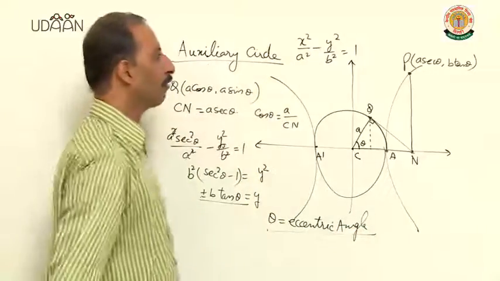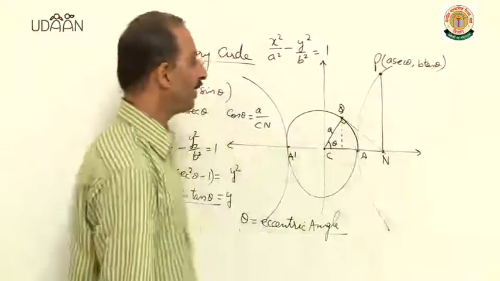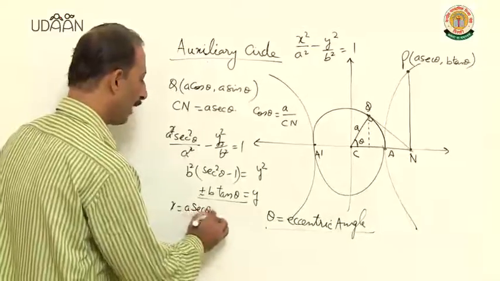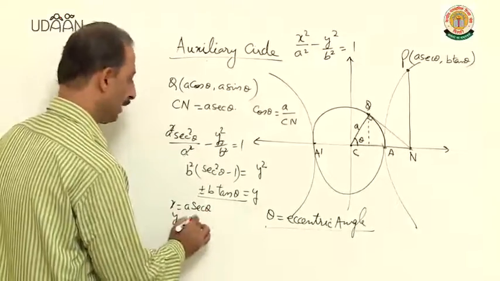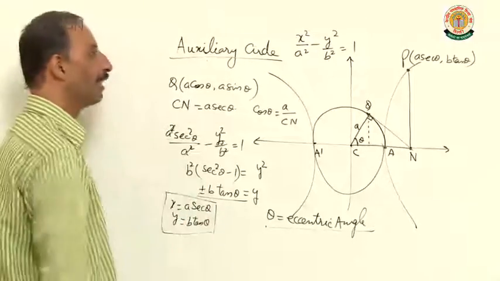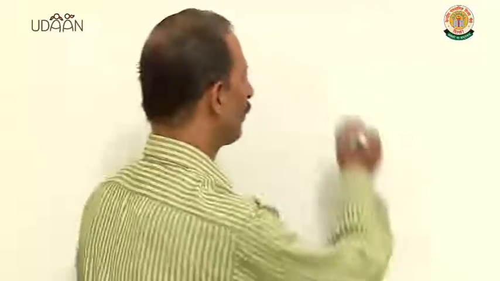अब हम जब भी सॉल्व करेंगे क्वेश्चंस पैरामीट्रिक फॉर्म में, ये इक्वेशन सपोज करेंगे x इज इक्वल टू a sec theta and y इज इक्वल टू b tan theta. इसको यूज करेंगे और कोऑर्डिनेट्स a sec theta comma b tan theta. If center is not origin, then which type hyperbola equation is this?